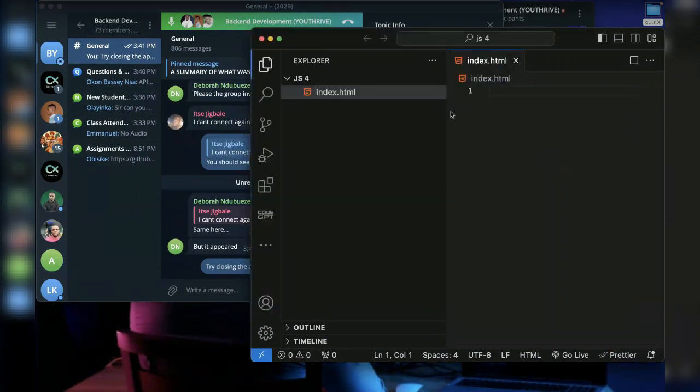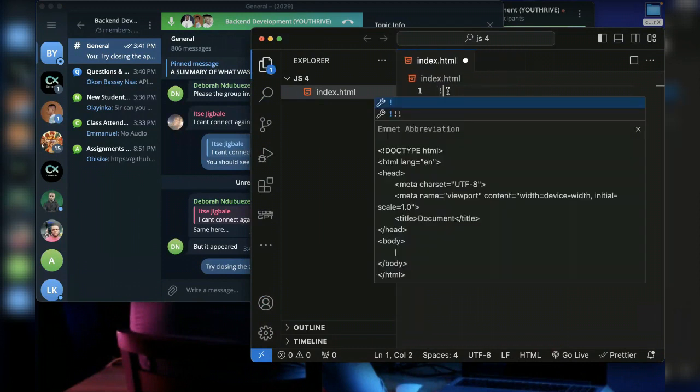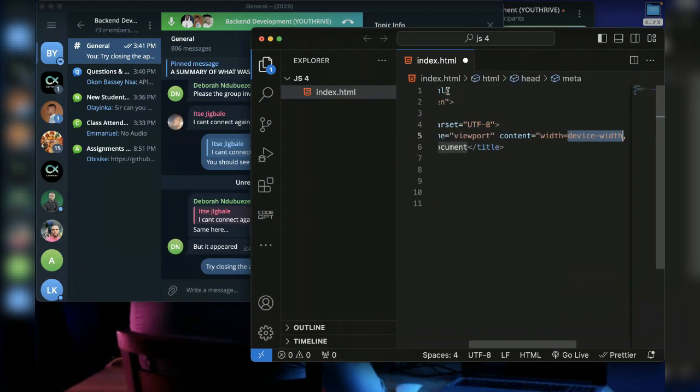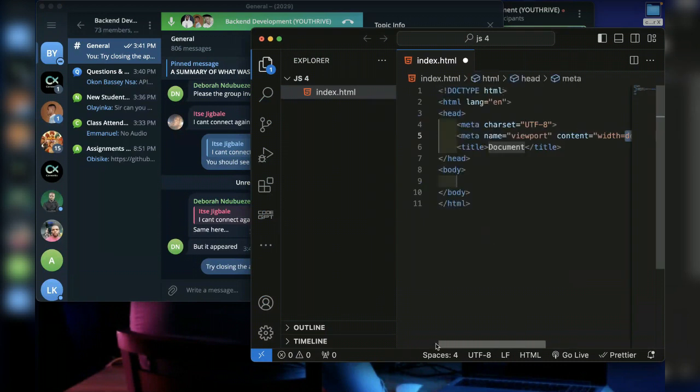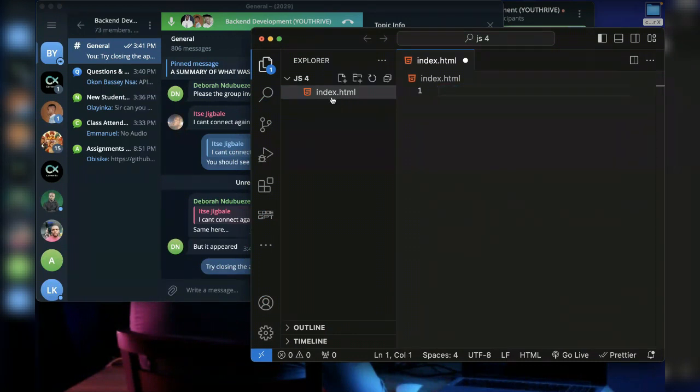So I will create an HTML file. And for our new timers, we've actually passed this part, which is why it is important for you to go through that video. But I will explain this. Assuming you create a file here, we call it index.html. To start the document, you don't need to type everything yourself.